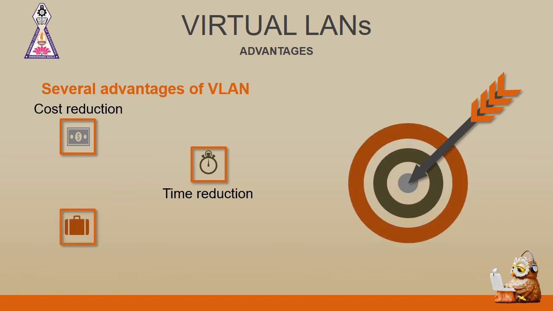The third application is in terms of the creation of virtual work groups. For example, in a campus, we have an interdisciplinary project which involves contributions from students of the computer science department, the electronics department, the mechanical department, and a few from the civil department. If all these are working independently, then the project will not complete. Every time, a student from one department has to go into another department to know the status of the project.